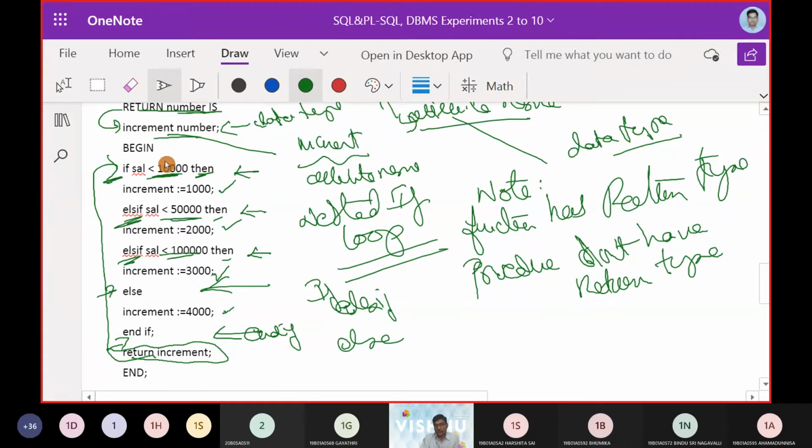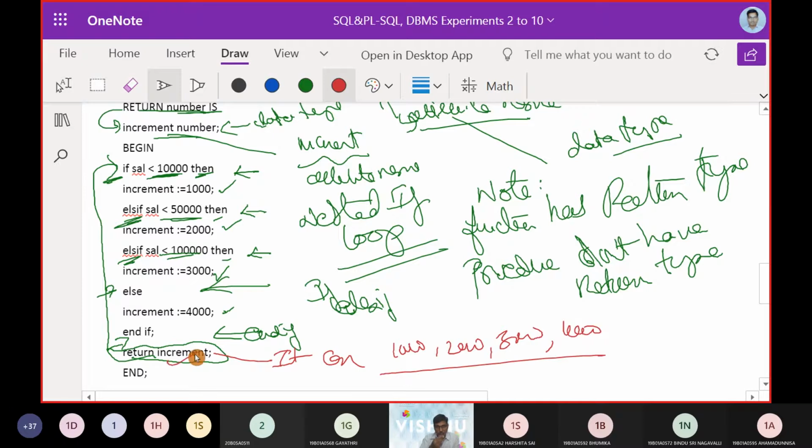So returning increment, it can be 1000, or it can be 2000, or it can be 3000, or it can be 4000.